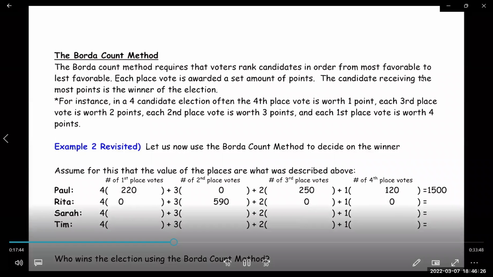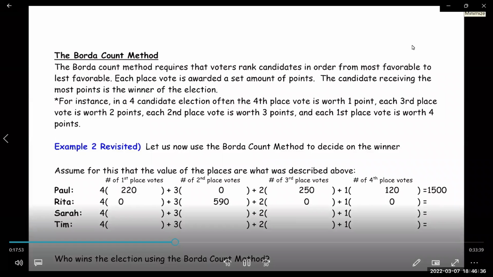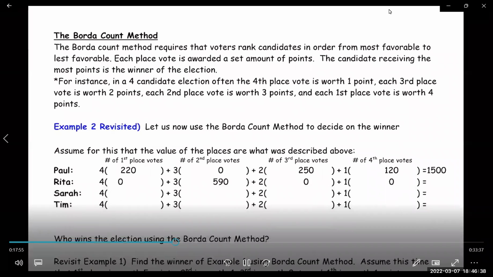Borda count method. Let's see how this one works. I like the ranking system. Here we go. All right, so for this one, it says the Borda count method requires that voters rank candidates